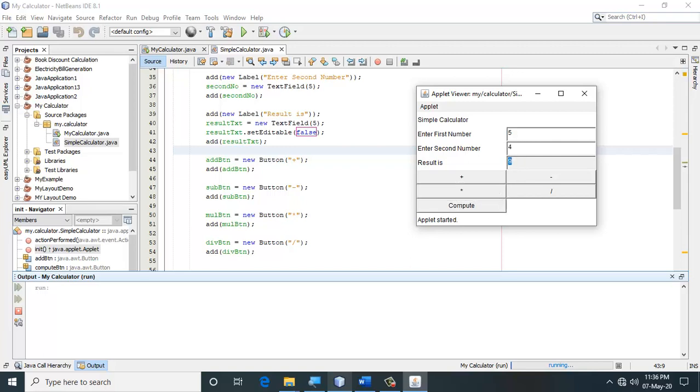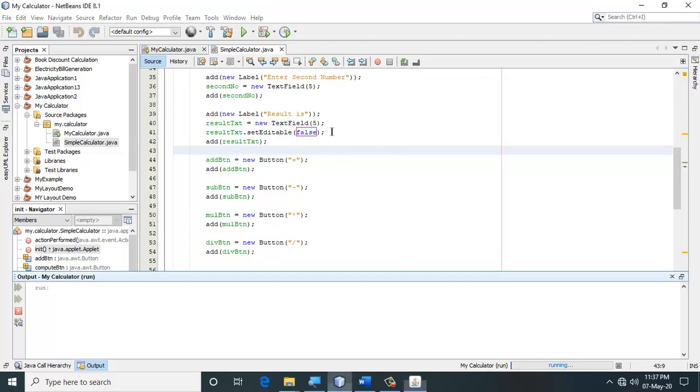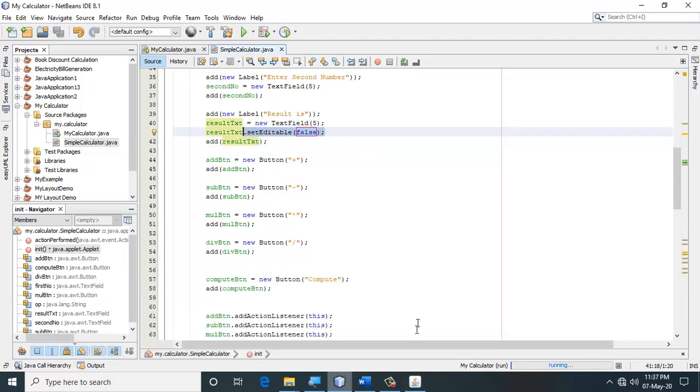I cannot change this value. If I put a 0 here and try to divide, I get division by 0 error. If I don't type anything over here and try to do it, I get all the messages, but I will not be allowed to make changes to this text field, because its editable property, if you notice over here, is set as false.